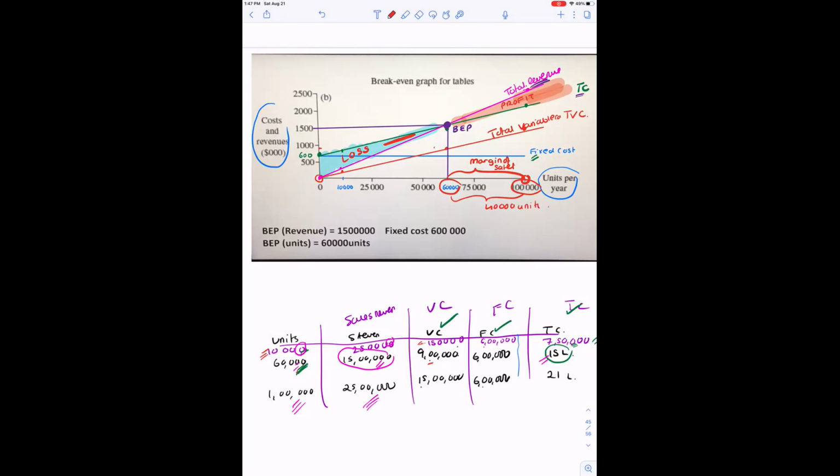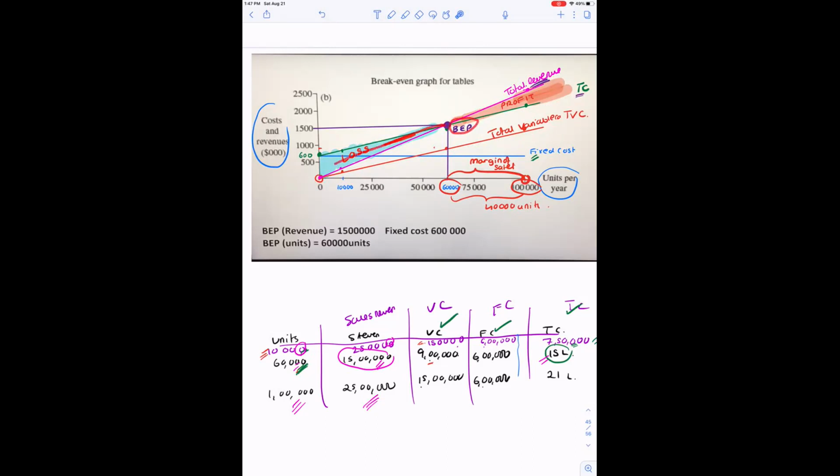This is your exact break-even point chart or the graph of the break-even point, wherein you see the fixed cost, you see your variable costs. Your total cost always starts from the fixed cost, and revenue will start from zero. Okay, a point where your total revenue is equal to your total cost is called the break-even point.